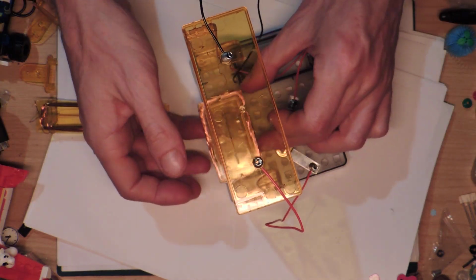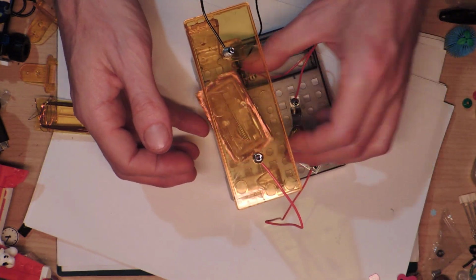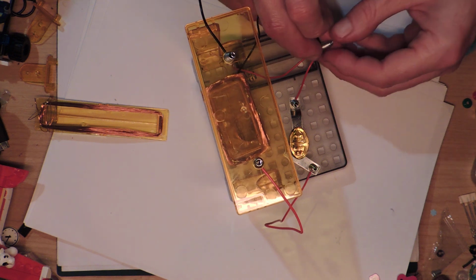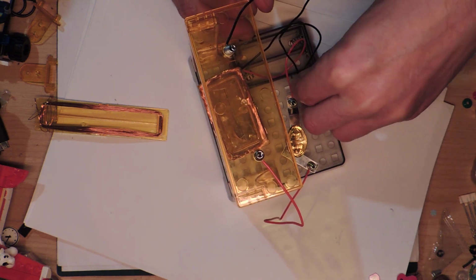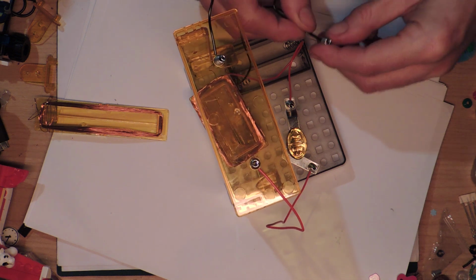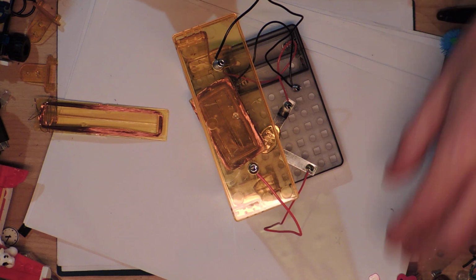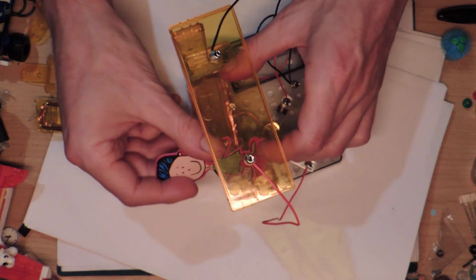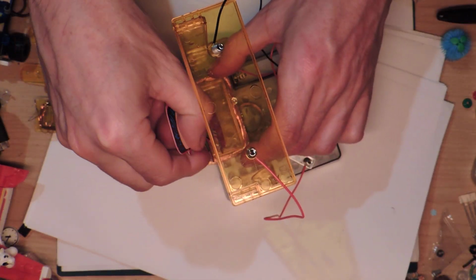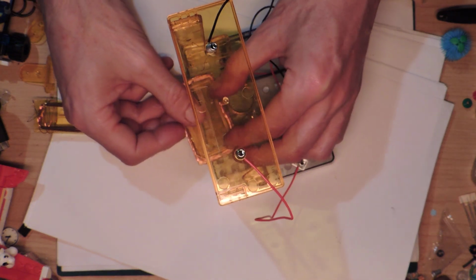You don't have to take it apart. So I was just being a bit silly. So I want the magnet to be about there. And then I want this thing to be about there. And... Oh, it's not going to go in the hole. And then I have to put the little person on the thingy, what's it? I don't know if that's going to help. It's not actually balanced, like it doesn't stay...